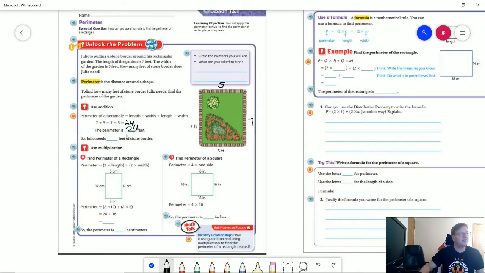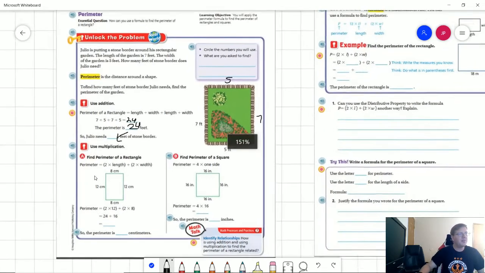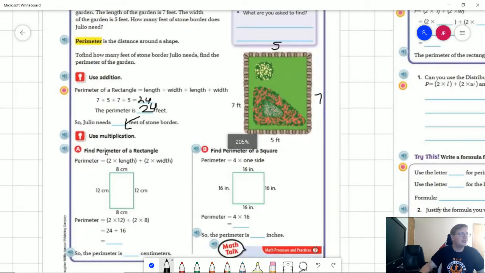And so to finish the problem, we would need to have 24 feet of stone border to put around this particular garden. And so what we're going to work with today is extending that idea, but we're going to use multiplication problems. So since we are working with either a rectangle or a square in this lesson, we can do one of two things. So at the bottom of the page on the left-hand side, we can see the formula